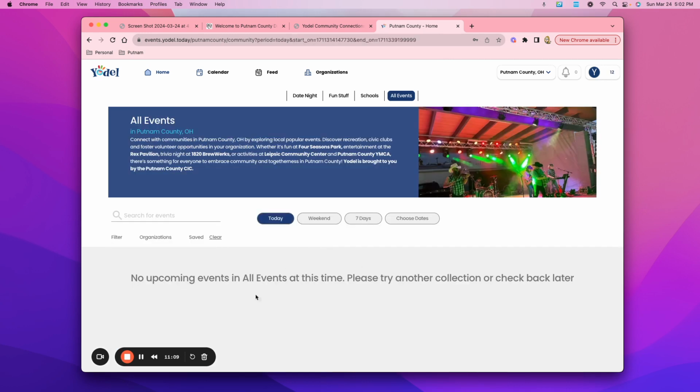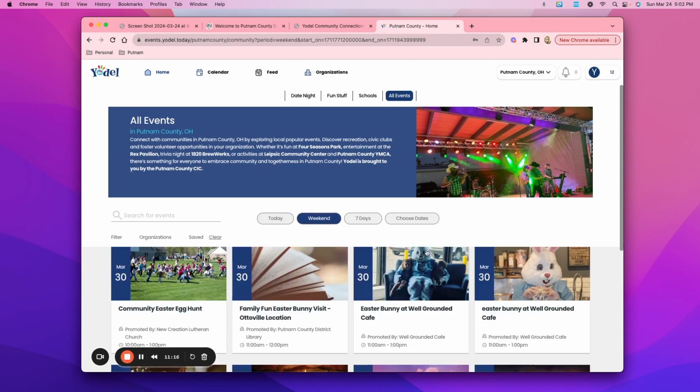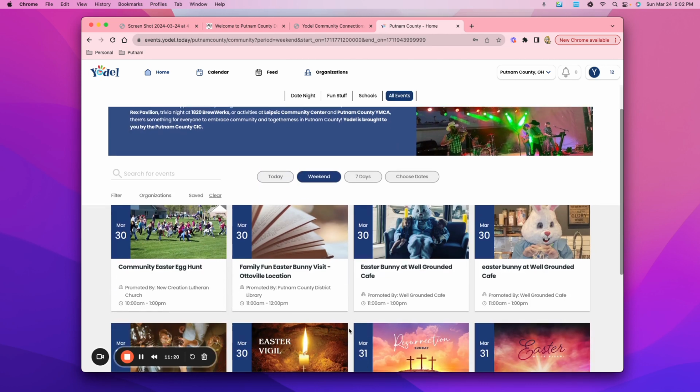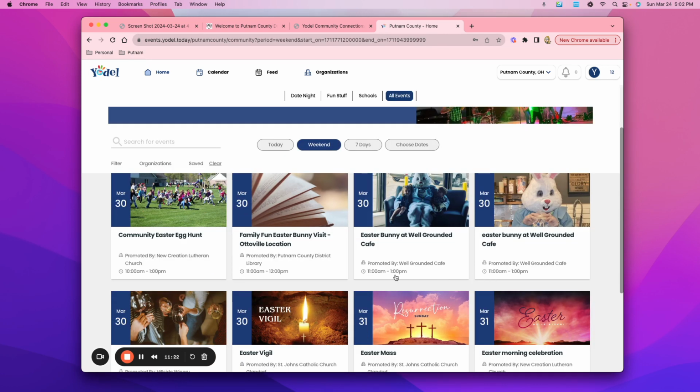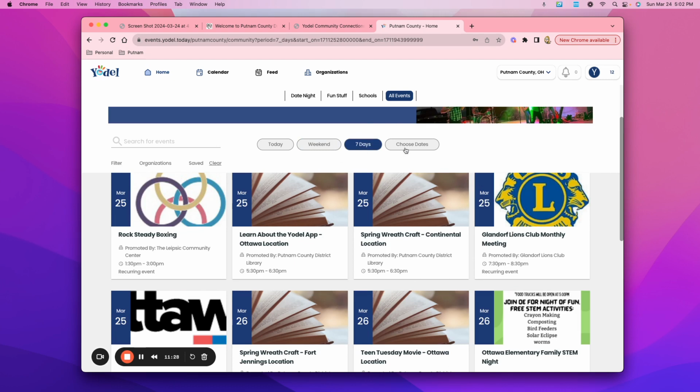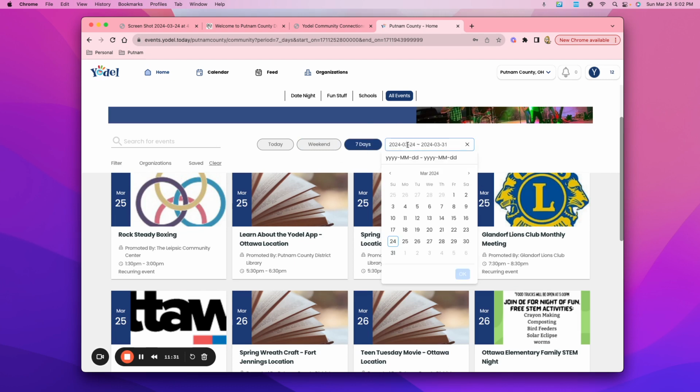Notice I'm making this on a Sunday, so you're not seeing many events here now because it's later in the day. I've got my weekend events. It's obviously going to next weekend, but I can see where I could go to find Easter egg hunts and the Easter Bunny next weekend. I can do 7 days, or I can simply choose my dates. If I wanted to pick some time in the future, I could do that and find that information.